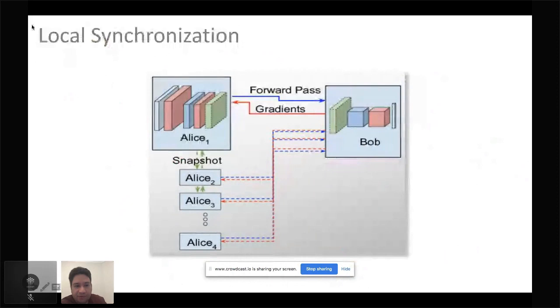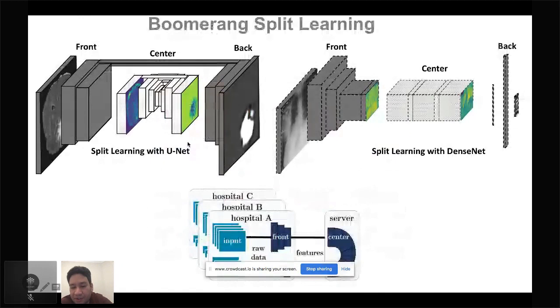So what is the sequential nature I'm talking about here? It is that, say, Alice 1 works with Bob, does its forward pass and the back prop. So that's done with Alice's turn. And Alice needs to synchronize its local weights with the next Alice, or whoever this next Alice is. The order of Alices could also be chosen in an anonymous, more crypto fashion. There are protocols for that too. But this is the bigger picture. There's this level of synchronization that you need to do in terms of the local part of the model.